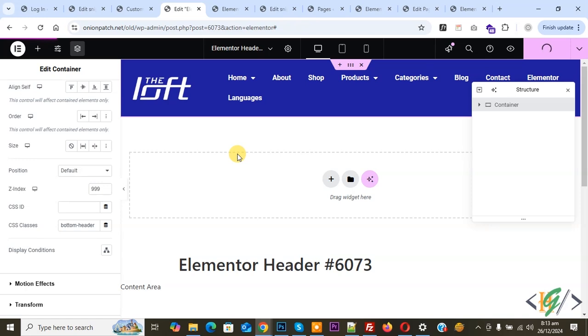So we are going to display the Elementor header in the bottom position, and when we scroll down, the Elementor header displays on top like a sticky header, and when we scroll up, the Elementor header shows again in the bottom position. So you can create a header according to your requirement. So this is our current header. So we added the CSS class,